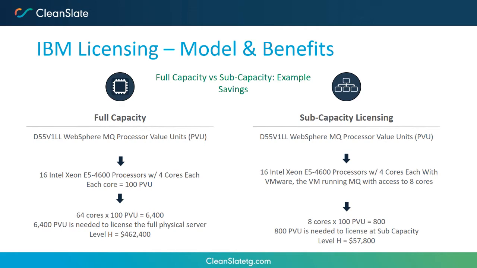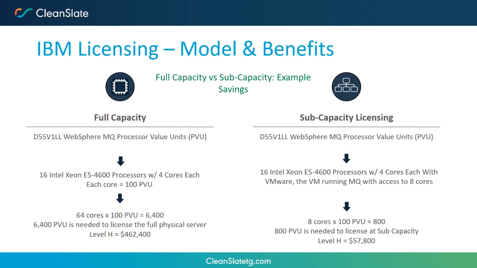So just some of the monetary benefits of a full cap versus sub-cap licensing model. If you take an exact same product that's popular in the IBM customer base, WebSphere MQ, you take the same machine, the 16 Intel Xeon E5-4600. Each core is going to be 100 PVU. If you license every single core on the left side with the full capacity model, a customer licensing the full box is going to be paying